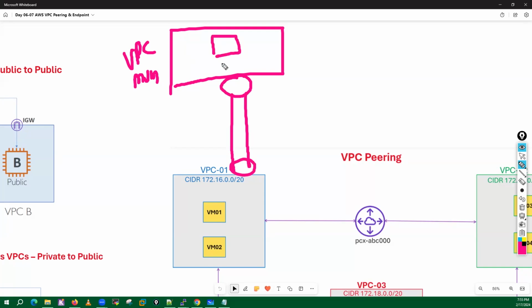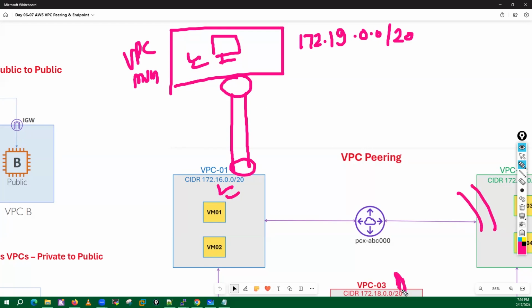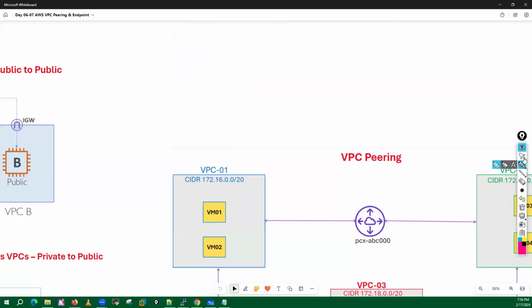Here I have one machine and here I am using the 172.19.0.0/20 subnet. I'm going to create only one peering connection between this VPC and this. I will not create with the other as well, because if you know how to do it between one, that is enough.